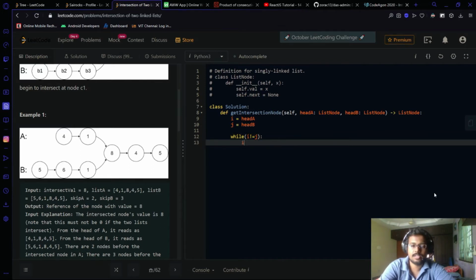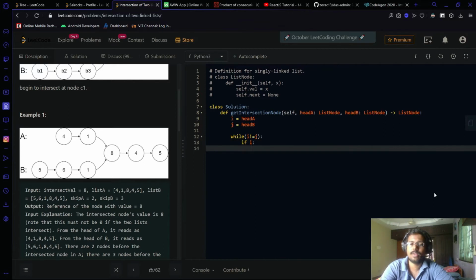So let's see if I has reached the end of the linked list or not. So we are checking if I is equal to none. This condition, if I, will ensure that it hasn't reached the end of the list. There is no null value right now in I. So that's what the if I condition means in the Python language. So if I, you do I equal to I dot next,